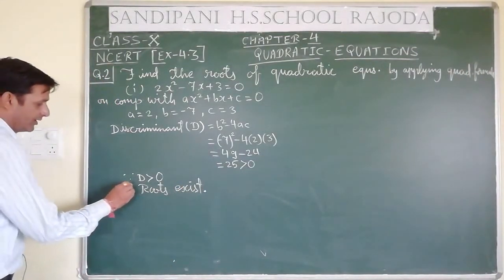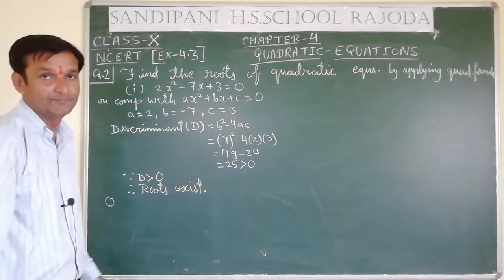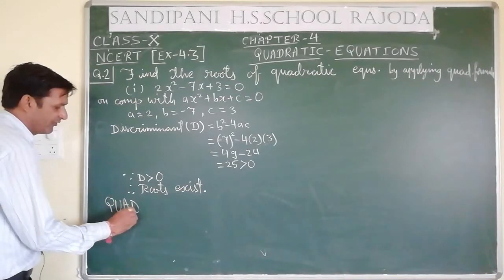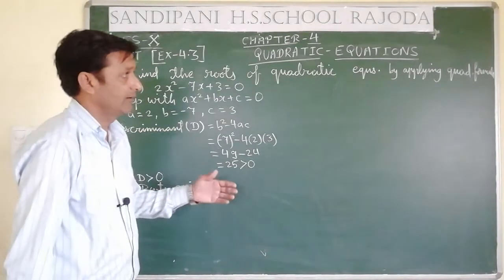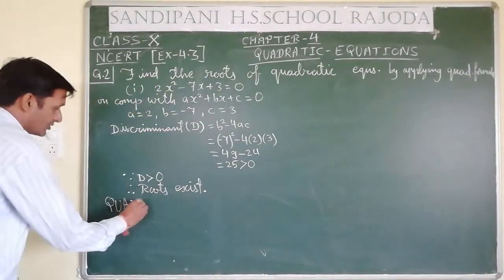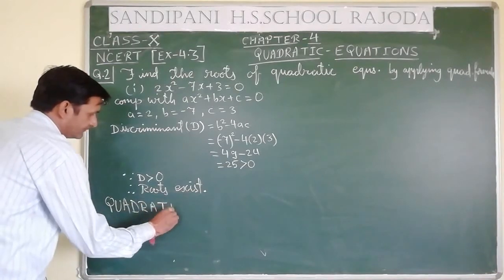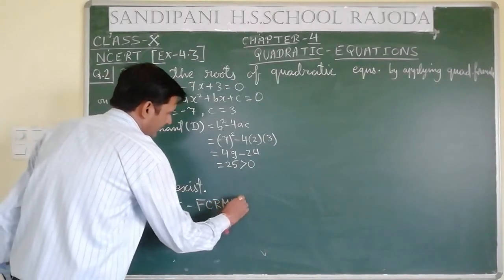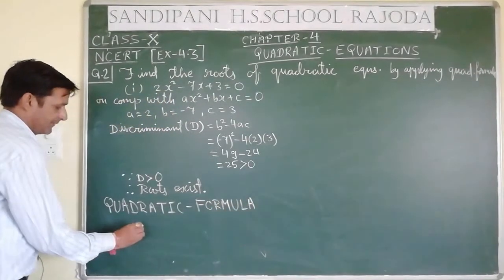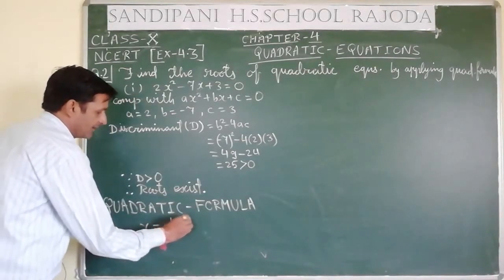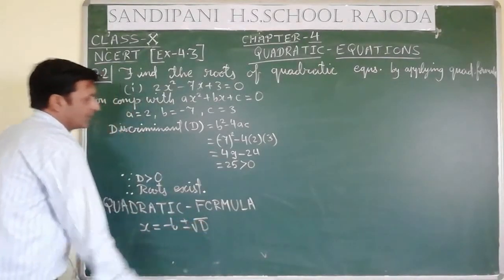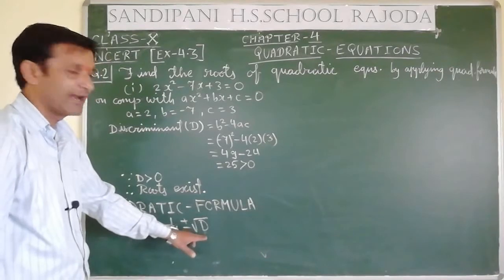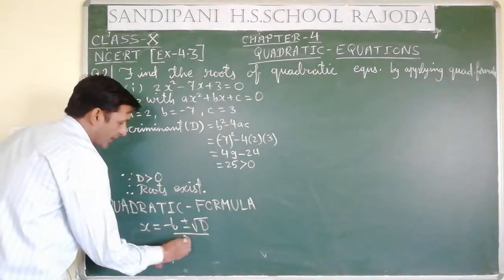So our quadratic formula, which is also called Sridharacharya's formula. This formula which I am telling here is called Sridharacharya's formula also. That formula we determined in our previous lecture, which you have seen. So the quadratic formula: x is equal to minus b plus minus root D. You may write D also, because b square minus 4ac we have determined here. So you may write D directly here, upon 2a.